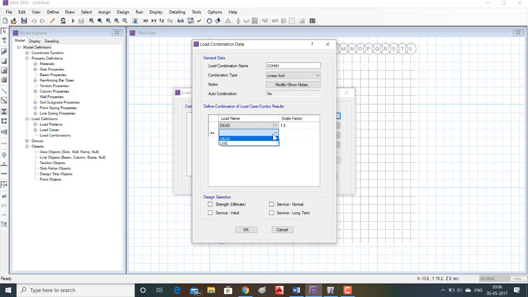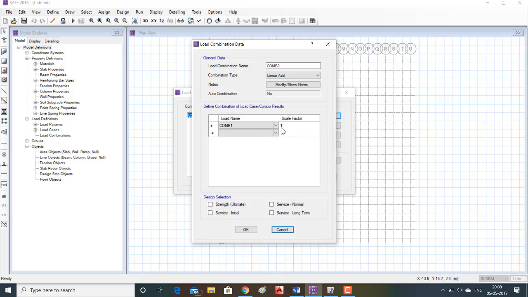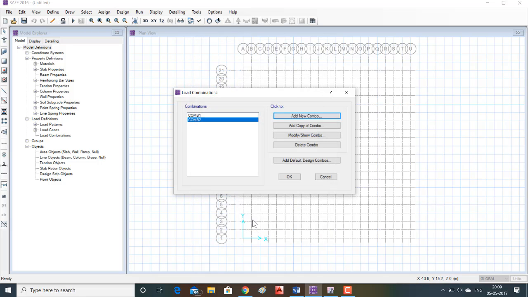Next, similarly live load. Design type strength ultimate. Click on OK. Now add a new combo for working load. 1. Click all the remaining three, normal, initial and long term. Click on OK.